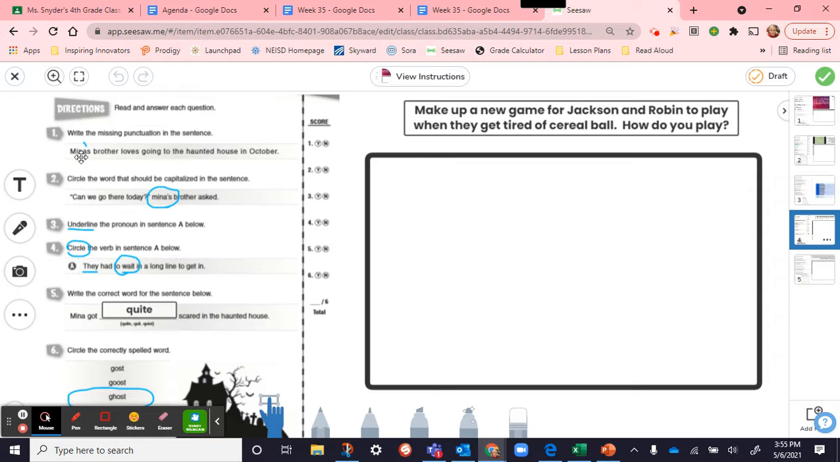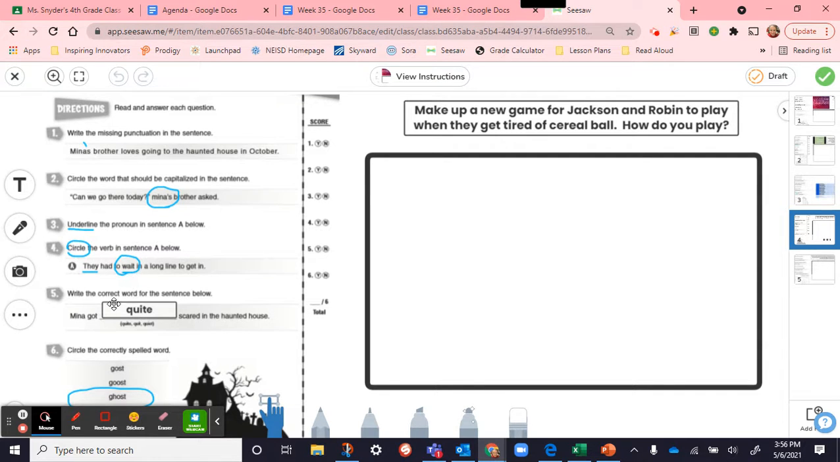This first one here, we needed an apostrophe because it's Mina's brother. So the brother belongs to Mina, so you're showing that ownership. Here, Mina needs to be capitalized because that's her name. The pronoun was they on this one right here, and they're waiting, so that would be the verb, your action